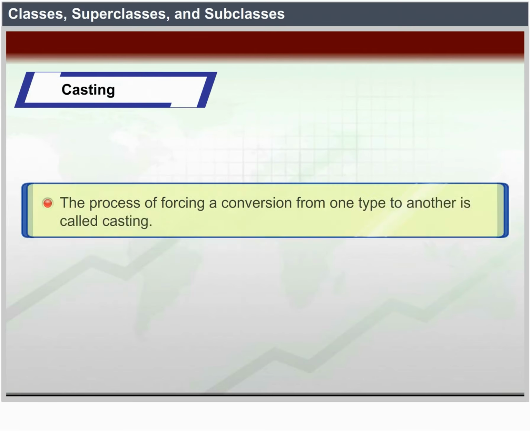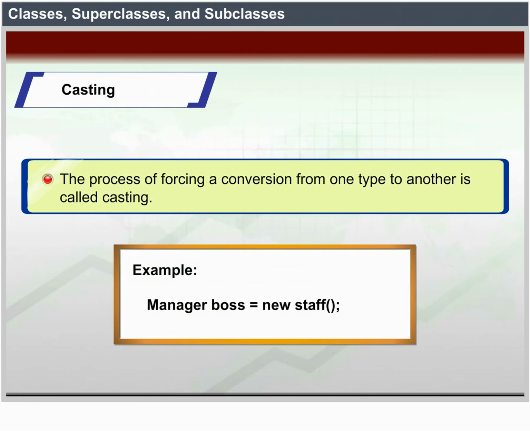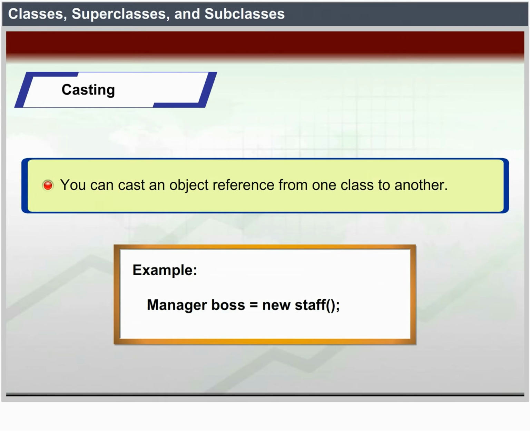Casting. The process of forcing a conversion from one type to another is called casting. You can cast an object reference from one class to another. Example: Manager boss = (Manager) staff;